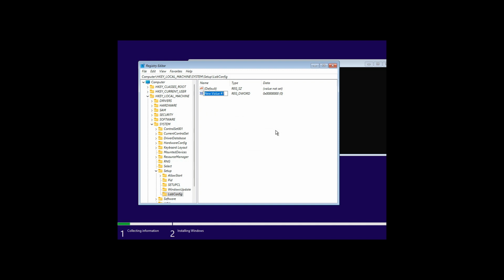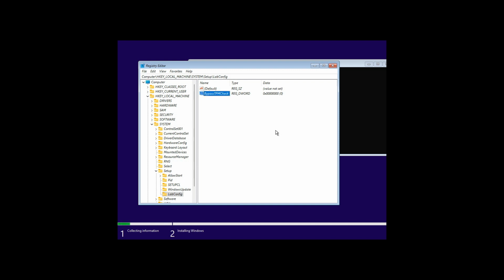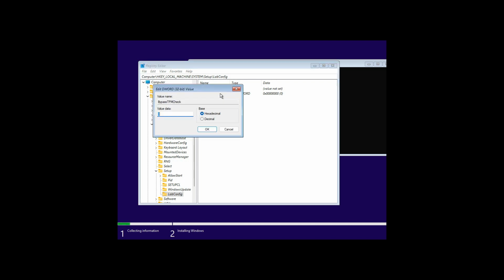For example, in this case, you don't have TPM 2.0, so you can just type BypassTPMCheck like this, and then you can double click on the BypassTPMCheck here and set the value to